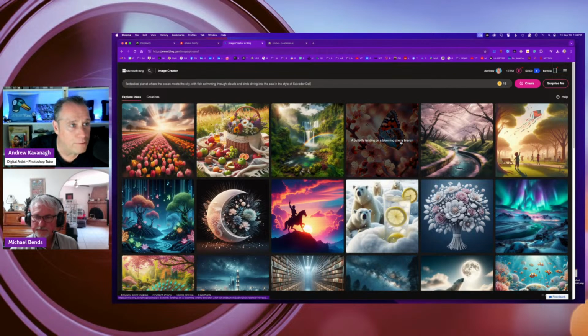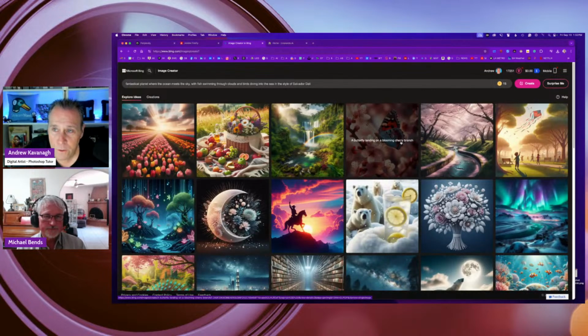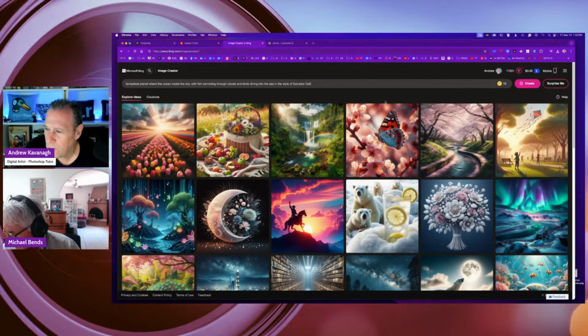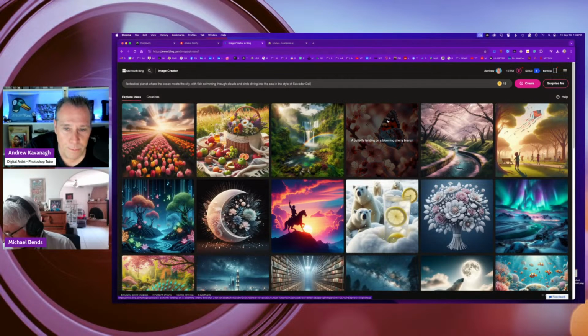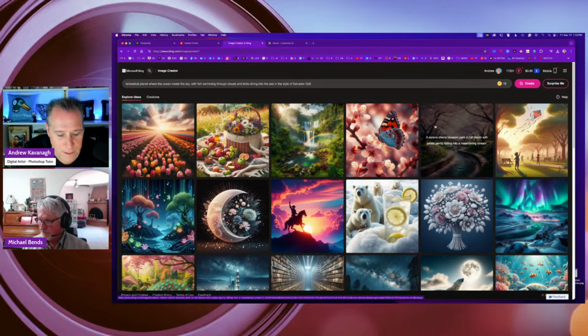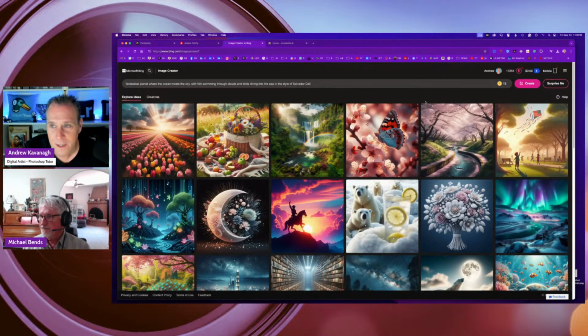So far, Microsoft Bing Image Creator does not have a plan. You only get 15 credits per day. I think if you subscribe to DALL-E 3 with the professional subscription, it's basically the same processing engine, but there you pay a monthly fee and get a lot more credits. If anybody does the DALL-E 3 subscription, let me know how much that is per month and how many credits, that would be nice. Otherwise, with the free version, you get 15, and then you just hit the create button top right.